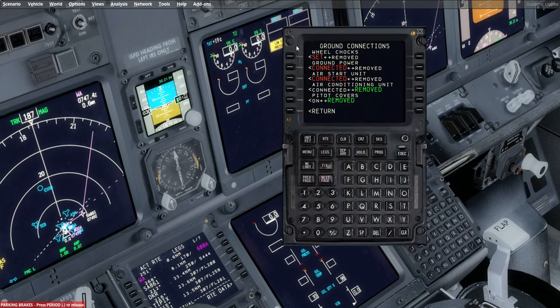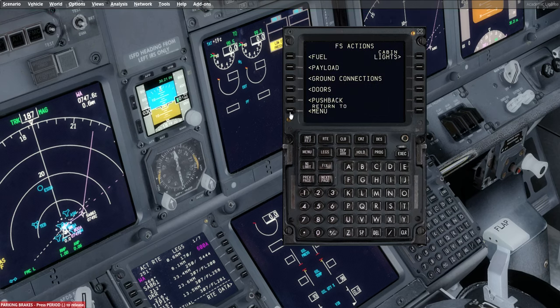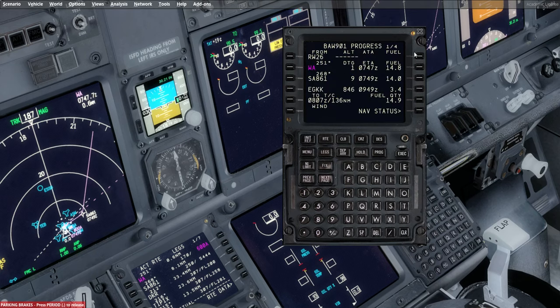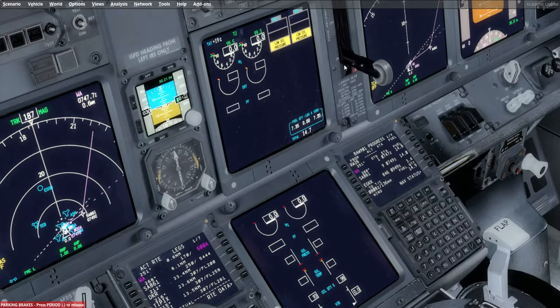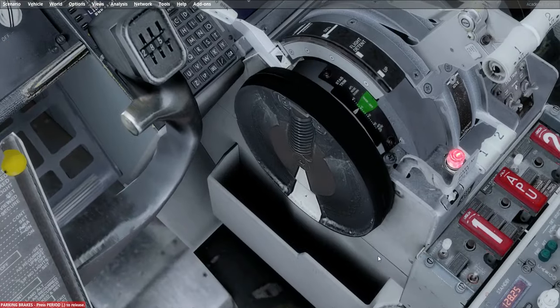Okay, the next thing we're going to do is remove the ground connections. Just hit that. Unfortunately, it takes the brake off at the same time, so we'll just put that back on. I didn't actually show you, I shortcutted that, but the actual parking brake is here, it's this lever. So, as you can see,